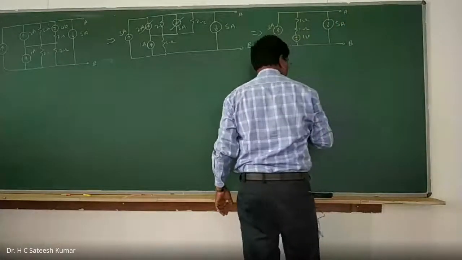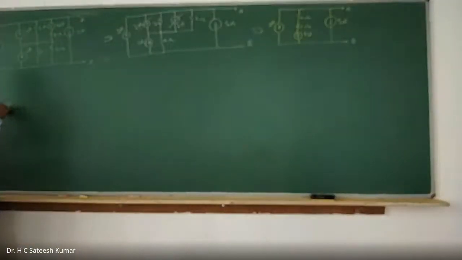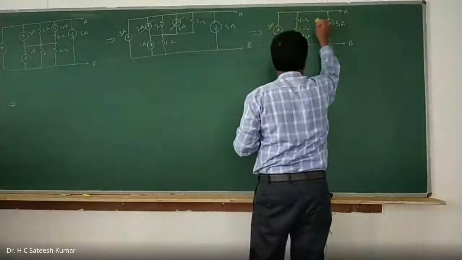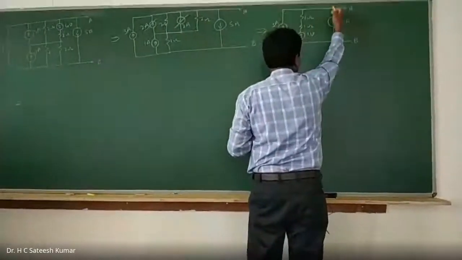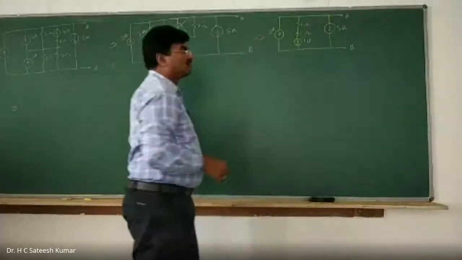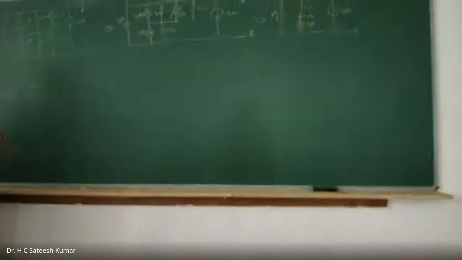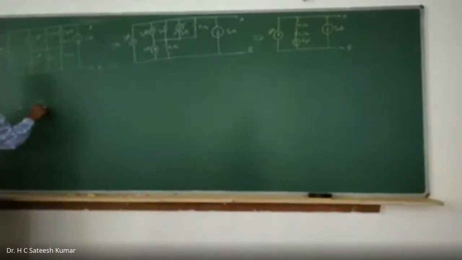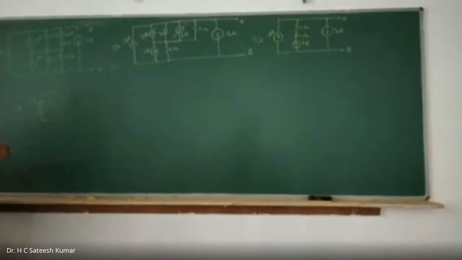Okay, right. So now simplify this. Any of these two are the same point. These two are the same point. This is the same. Therefore, this will be in parallel with this one. So 3 amperes upwards, 5 amps downwards. Therefore, we can subtract and write a single source. The direction is that of the bigger one. 5 amps is the bigger one. Therefore, downwards. The difference, 5 minus 3, is 2 amps, downwards.